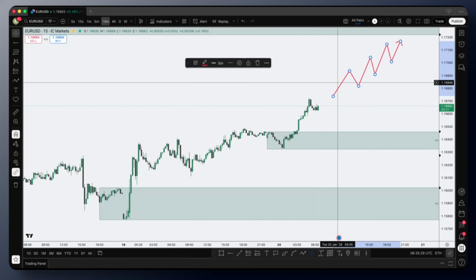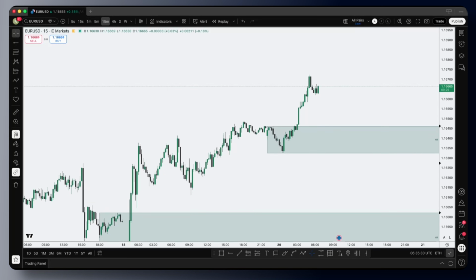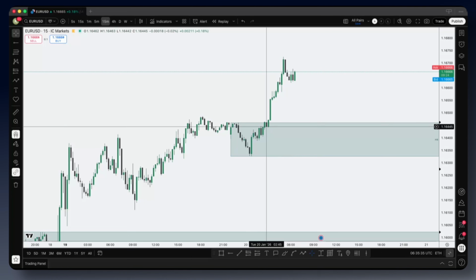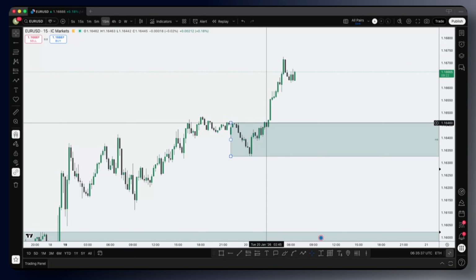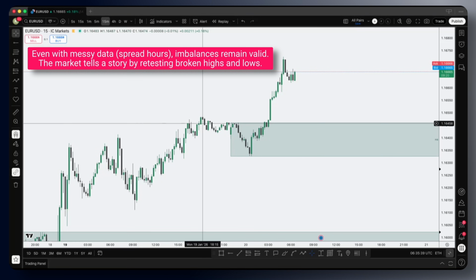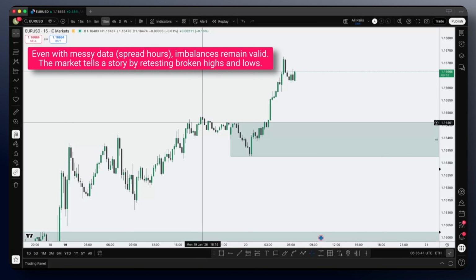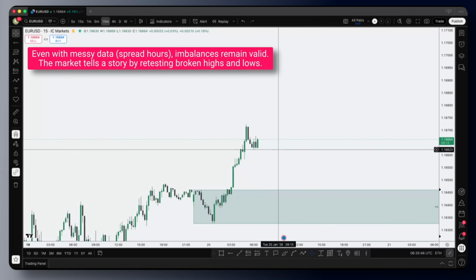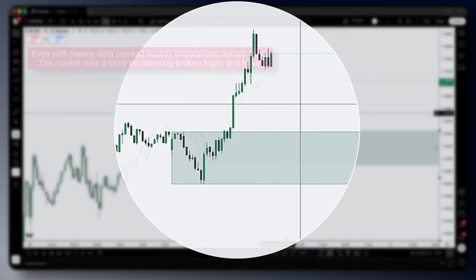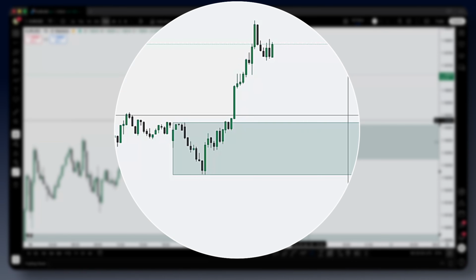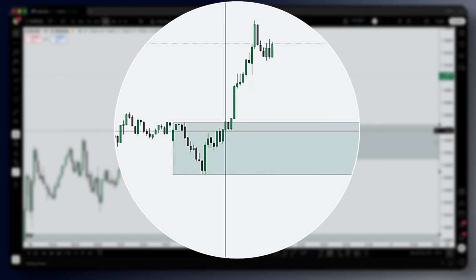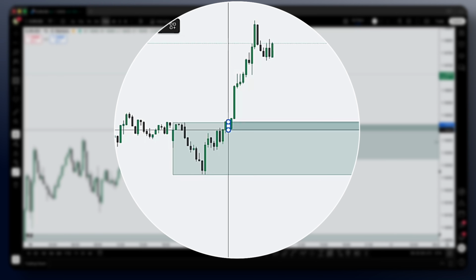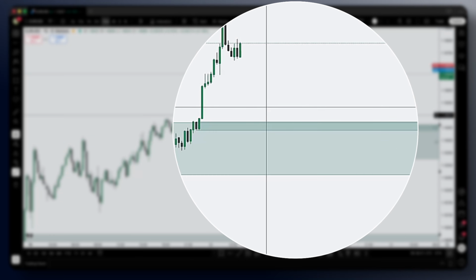So all we're doing is looking at where the imbalance ends. It ends down here. Is that an order block? No, but it is an area of a retest of support and resistance, which is what the market tends to use. So it could be that we just shoot off into the distance, but maybe it won't. Maybe it will trickle down. And if it trickles down slowly, it's probably going to react from something like this. So even though it's not an order block, it's a rebalance,